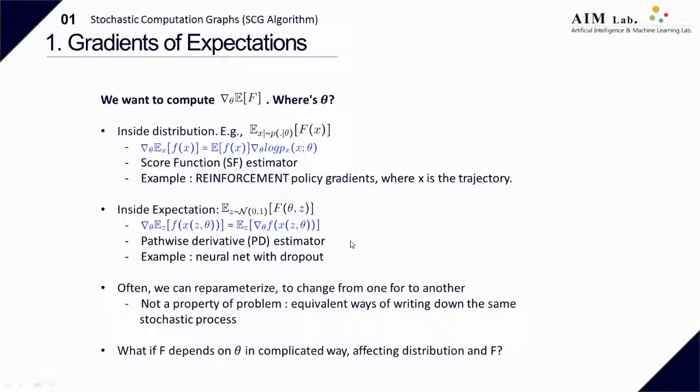Dropout cannot be parameterized; it is just picked from a fixed distribution. In this formula it is from the normal, but in the dropout case, it is from the Bernoulli 0.5. With the dropout mask, the gradient of the expectation is the same as the expectation of the gradient, so it is called the pathwise derivative